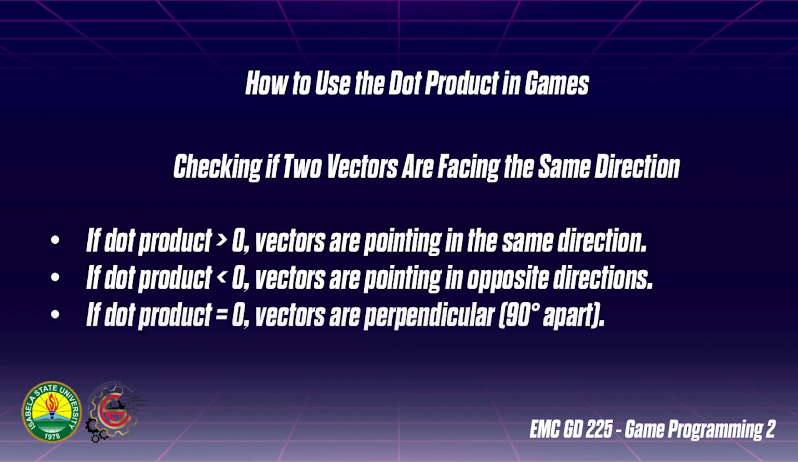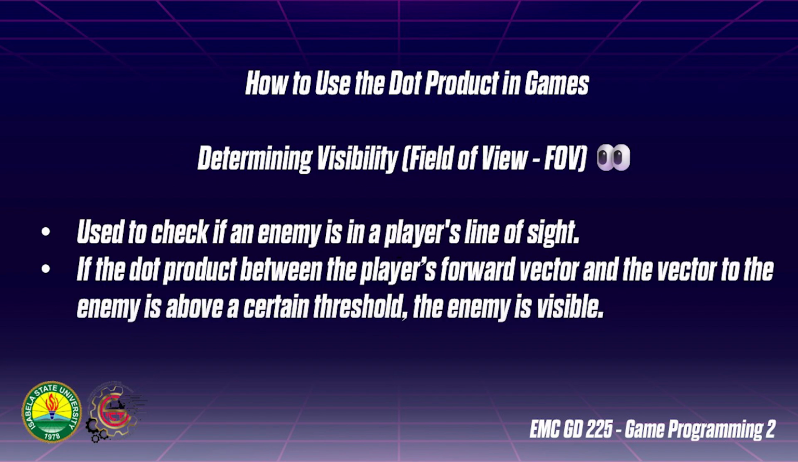How to use the dot product in games. Checking if two vectors are facing in the same direction. If the dot product is greater than 0, vectors are pointing in the same direction. If the dot product is less than 0, vectors are pointing in the opposite direction. If the dot product is equal to 0, vectors are perpendicular, or 90 degrees apart. Determining visibility or field of view,